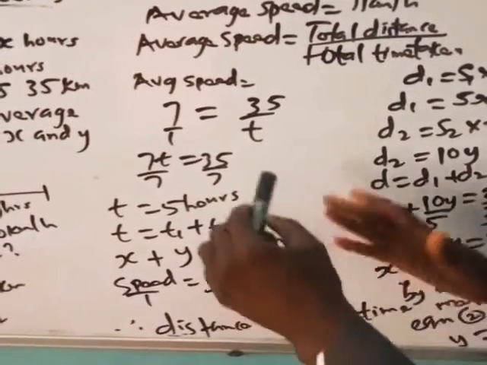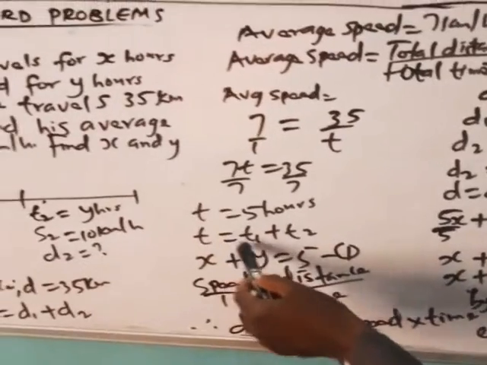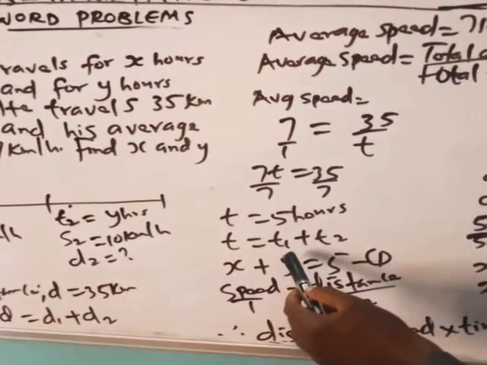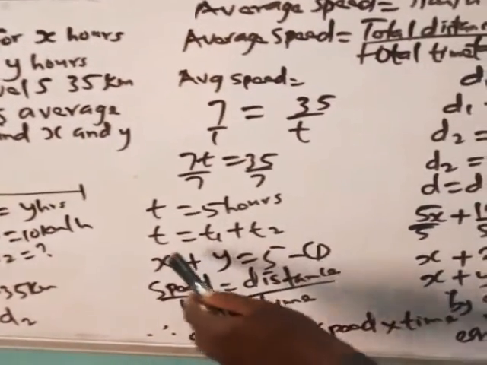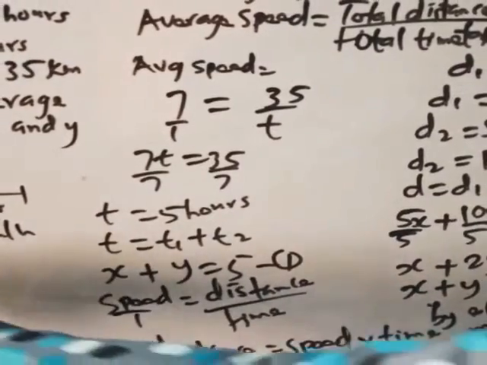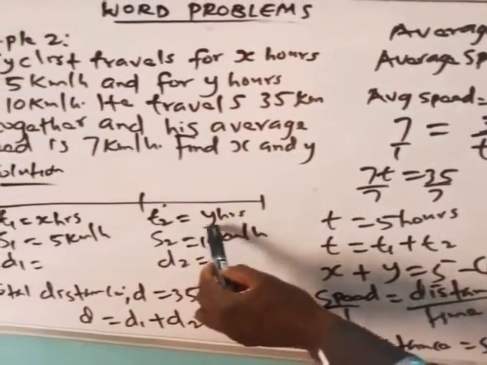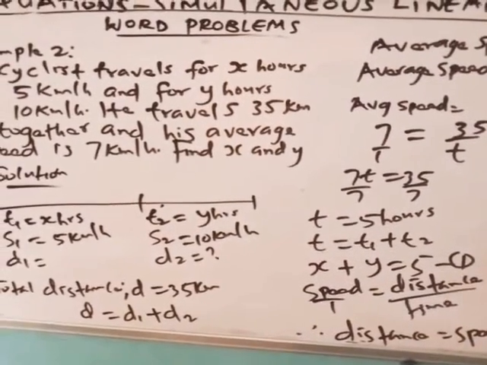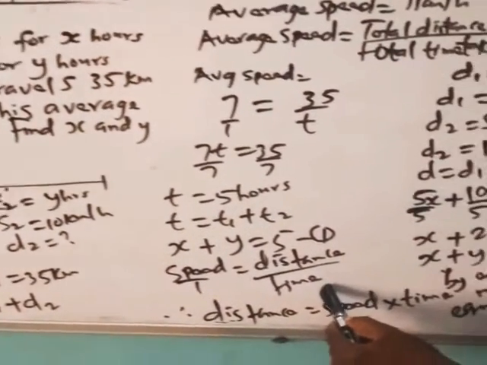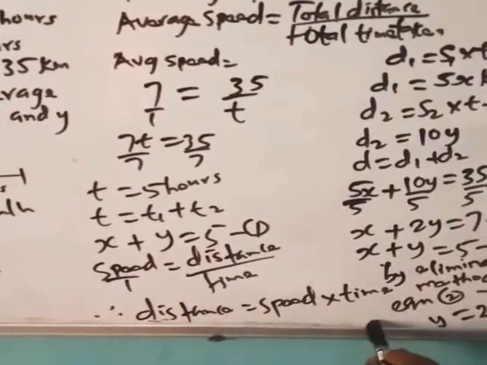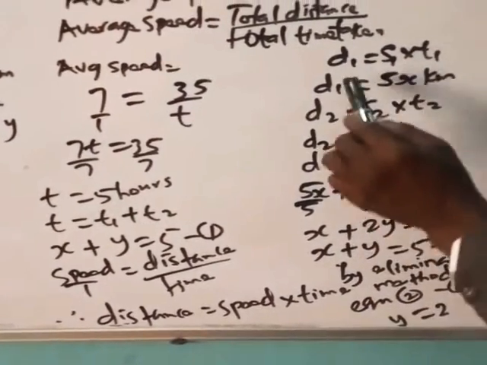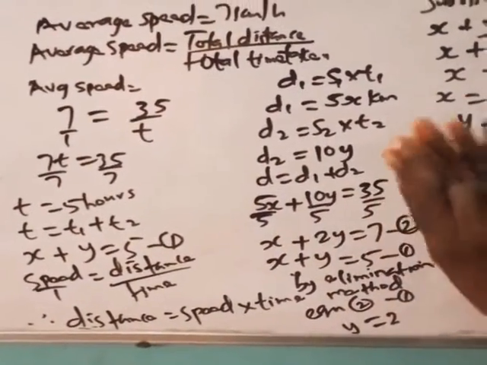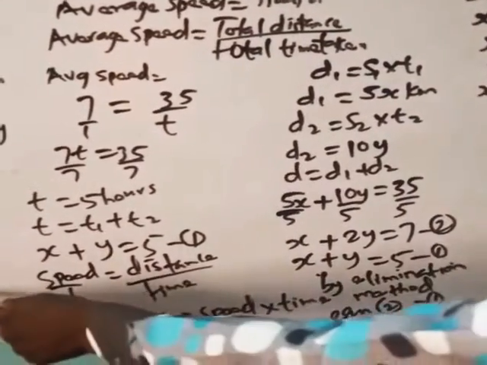Now when you get the total time to be 5 hours, your total time is also the sum of the individual times, t1 plus t2. And t1 is x and t2 is y, so x plus y is 5, your total time. That's equation 1. Now speed is distance over time, therefore distance will be speed times time. So for d1, since I'm given the total time and total distance 35 km, I need to